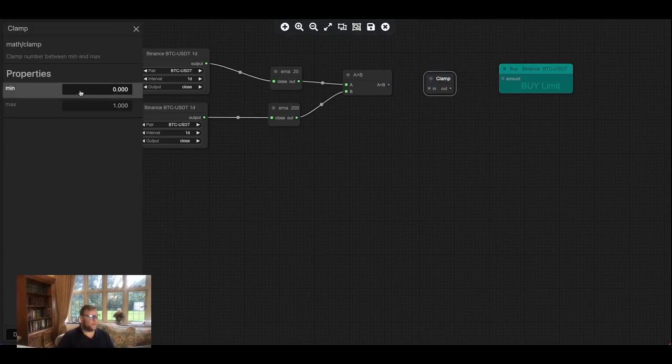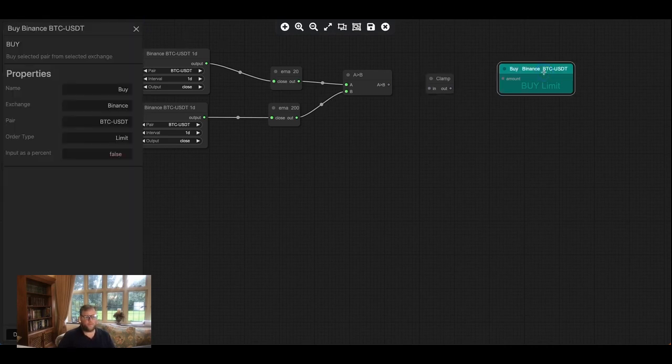So if I open up the clamp, you can see here I can set the minimum and maximum values. I'm just going to set 30 for this, and you'll see why in a second. If I open up the buy block,